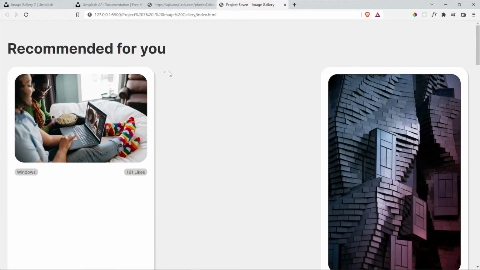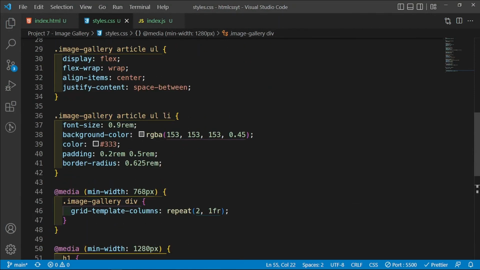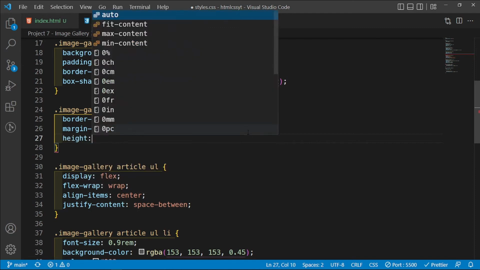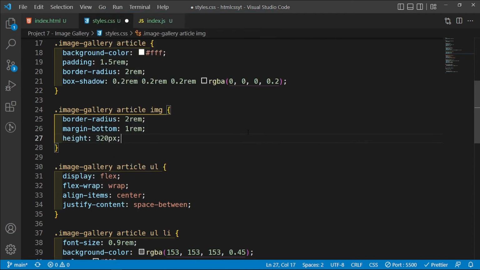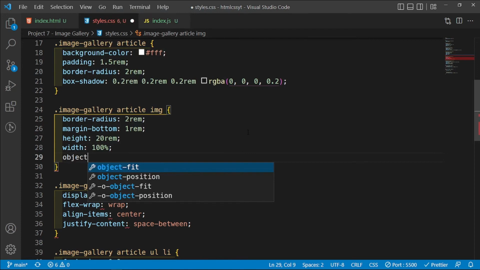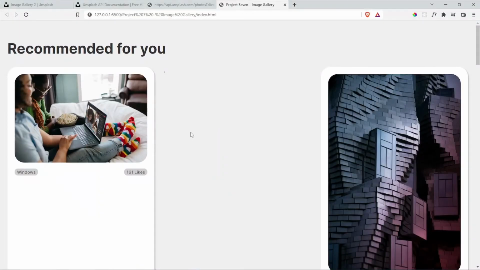Now, before this annoys me, let me first fix our images, because I want our images to all have a fixed height. So where we have our images is right here. I'm going to set the height to, let's say, 320 pixels, or let's say 20 rem, and then the width is going to be 100%. And then I'm going to say object fit and set this into cover, and I'm going to disable this so that you can see why we need to add it in. So save this, and we should see